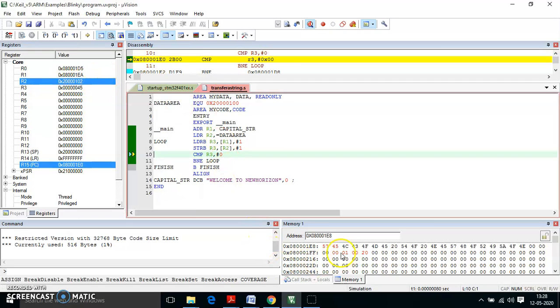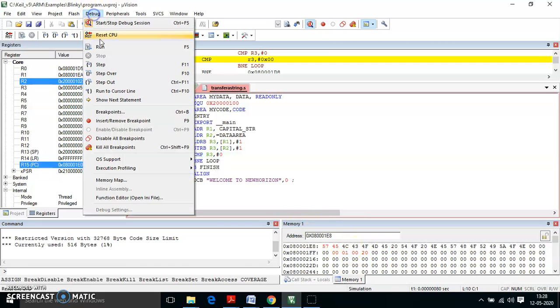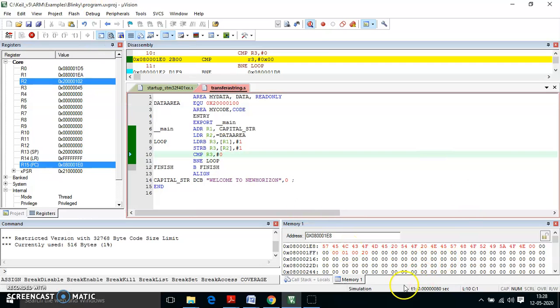We already have the data 57 and 45 in the designated memory location from 100 onwards. So 100 has a data, 101 also has a data, that is 57 and 45. Next, 102 is chosen, so obviously it will be loaded with the next value. So let me give run. Now you can see all the values have already been moved on to the designated memory location 200000.